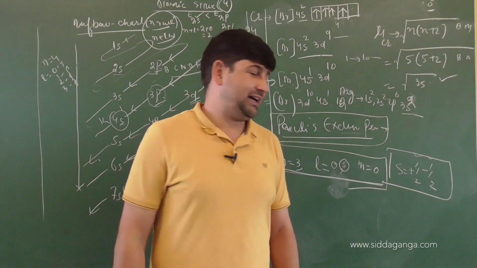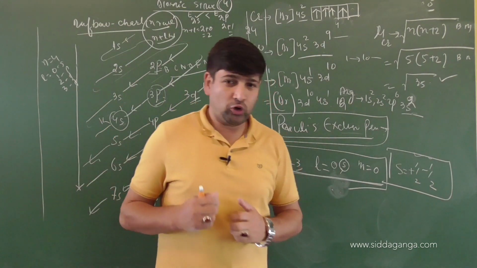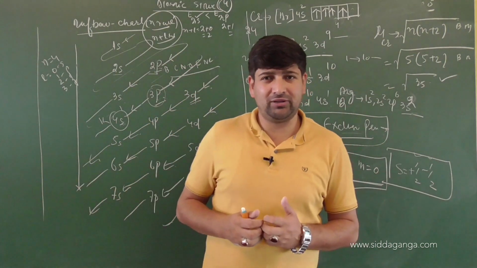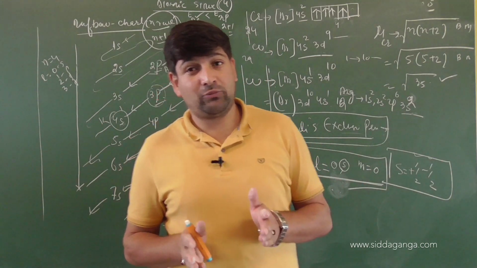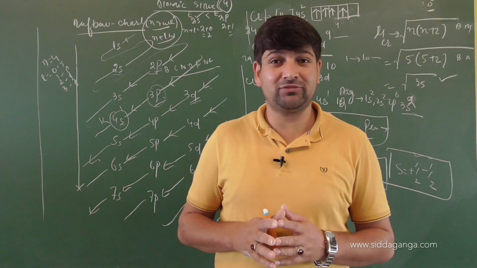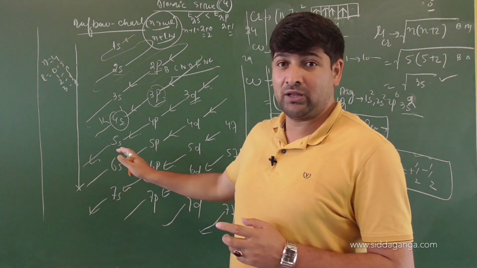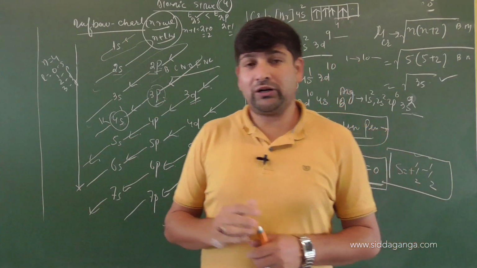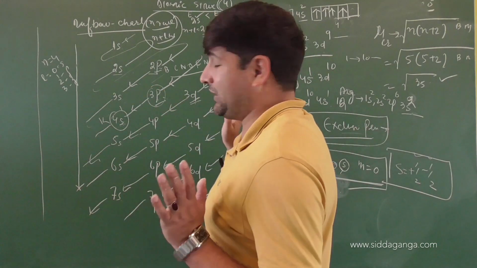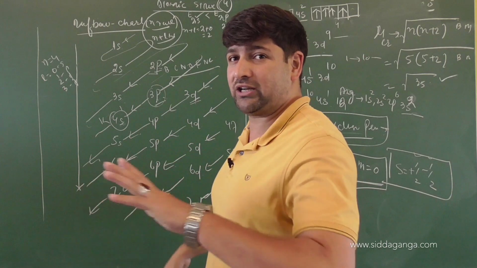Am I clear? Excellent. So these are the concepts behind quantum numbers and the different parameters given by quantum numbers. Then we talked about the energy levels and energy diagrams of different atoms. Then we talked about filling of electrons in various shells. Now I will show you for a multi-electron system. You can have a look at this chart itself, and from this chart you will understand the difference between energy diagrams for hydrogen and other atoms.